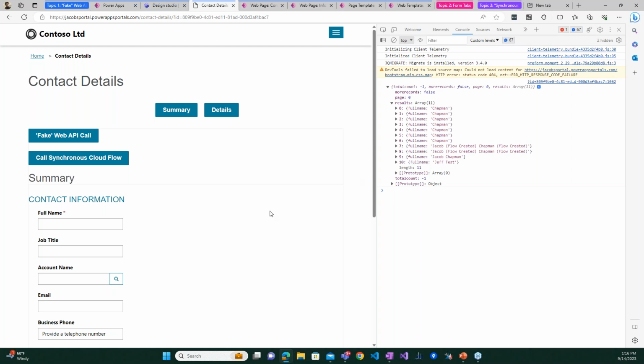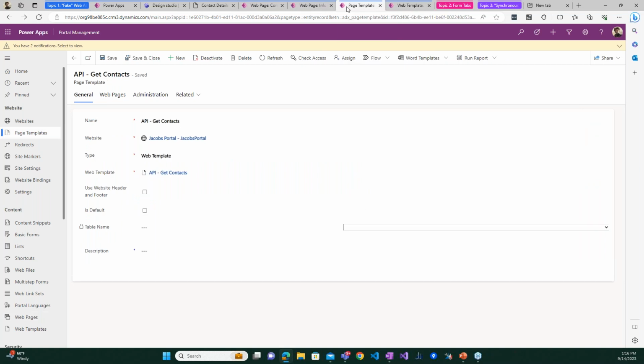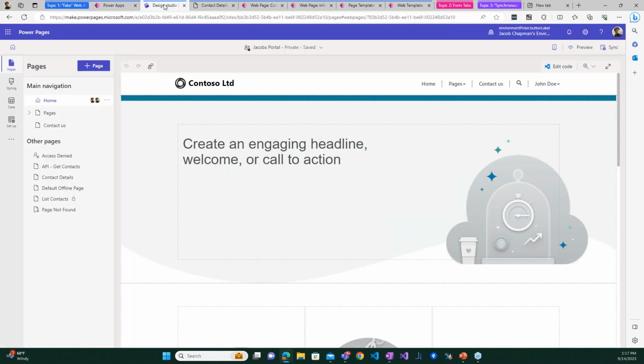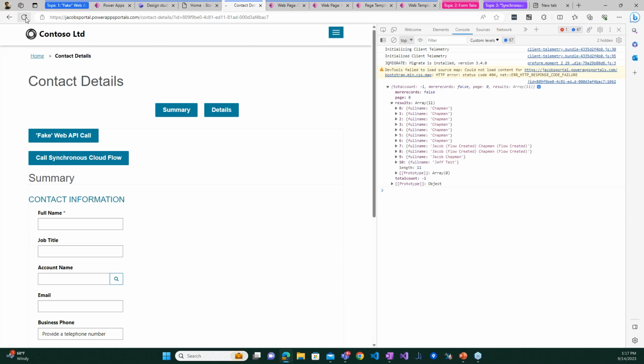Now, remember when I said to not check off the header and footer inside that page template? Well, let's see what happens now when that is checked off. So I'm going to head back here to my page template. I'm simply going to check this box, save it, and quickly clear the cache for my portal here. So now if I refresh the page,